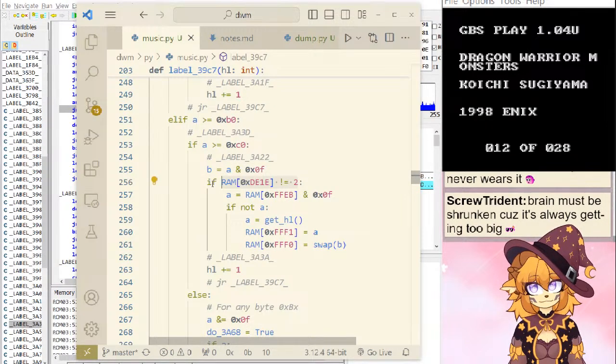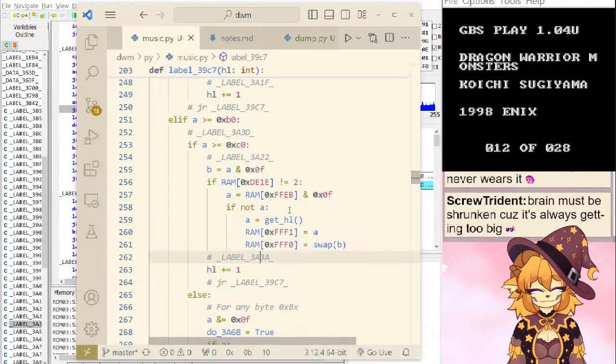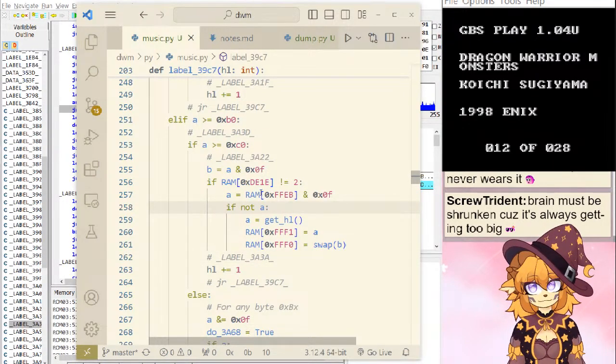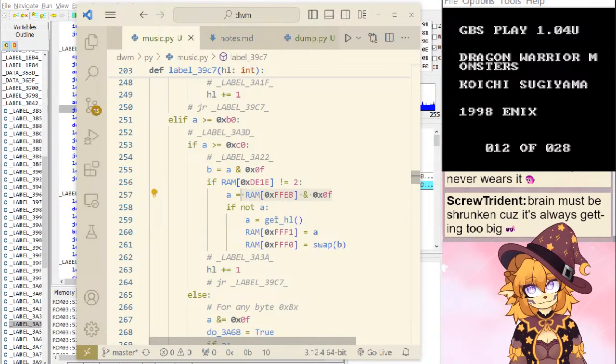So C0 only affects samples, and then if EB, okay.